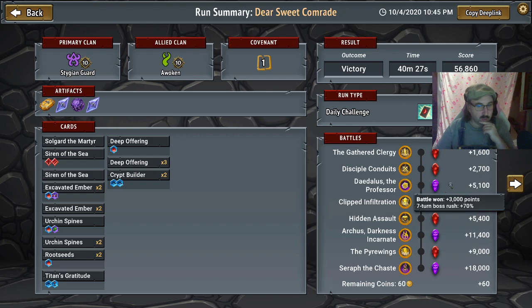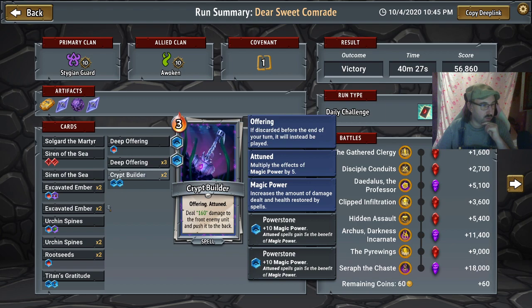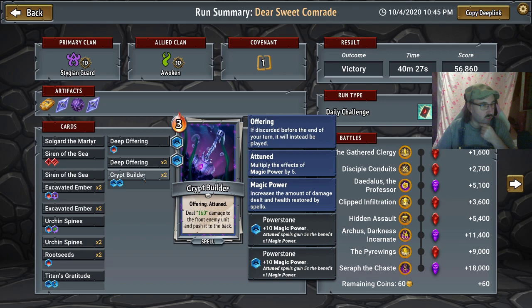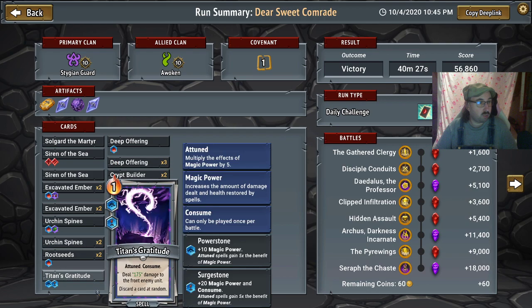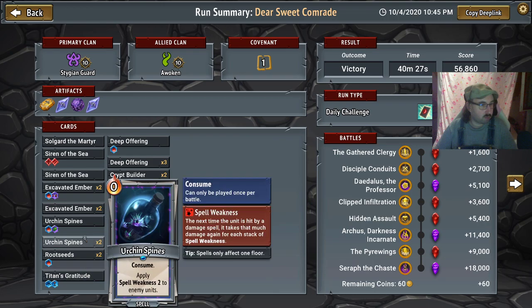He had it ready by Daedalus already? Not with the Excavated Ember, that can't be. But just a double upgraded Crypt Builder and Urgent Spines, maybe? Maybe he just got lucky in the opening hand with Urgent Spines and Crypt Builder. No, it wasn't the first turn kill, it was the second turn kill. I didn't see Kinstone Totem, but that would have been amazing in our deck. We oftentimes discarded so many cards with Deep Offering, so...